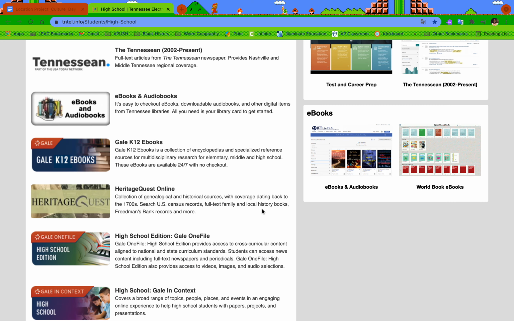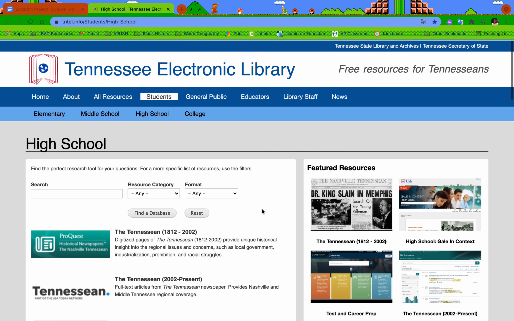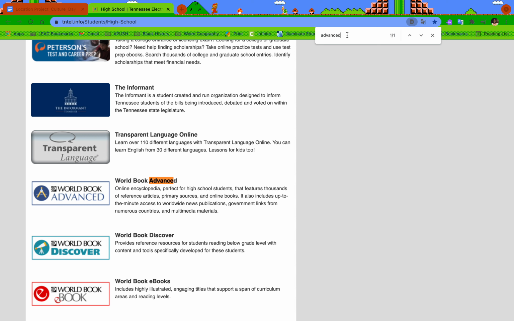Now, there's 2 ways to find it. They're in alphabetical order, so you can just scroll down to the W's. Or if you're having trouble, if you hit Control F, the search bar comes up in the top here, and you can actually choose the word to help you find it. Boom, World Book Advanced pops up. So if I select it,